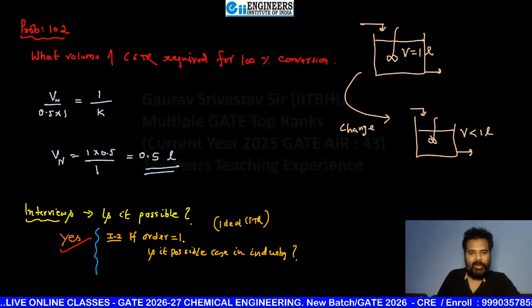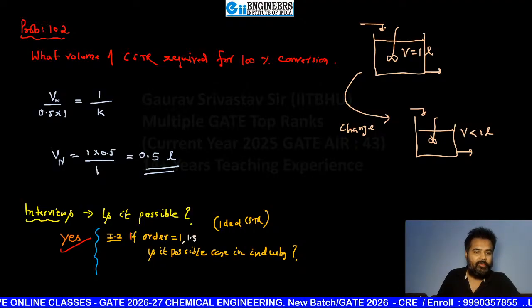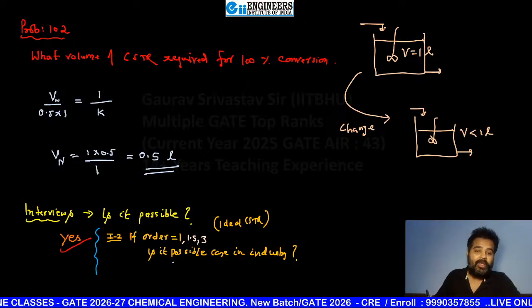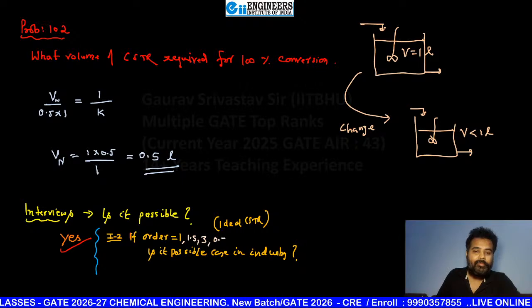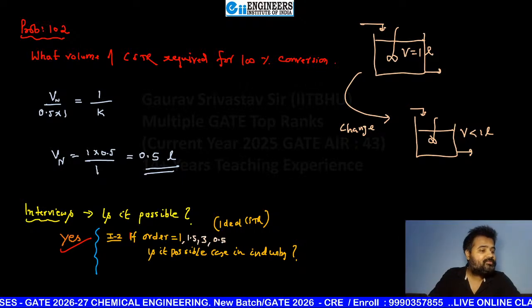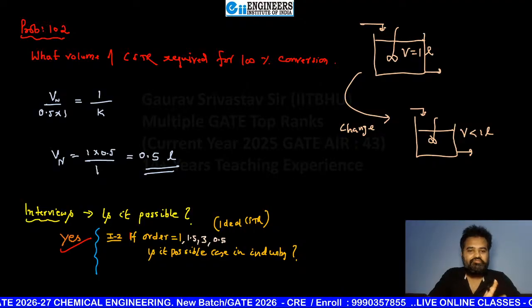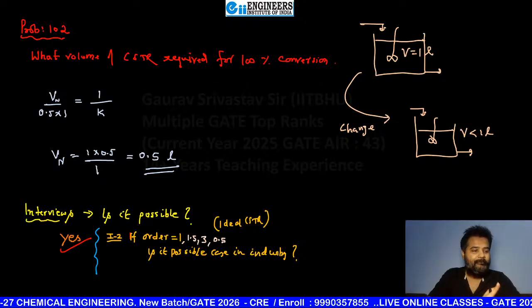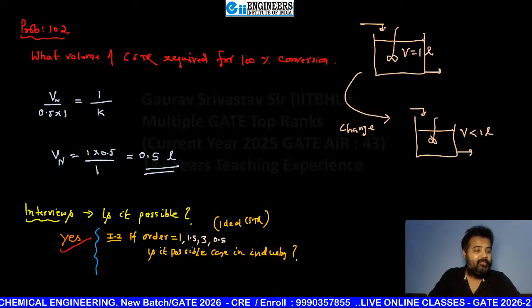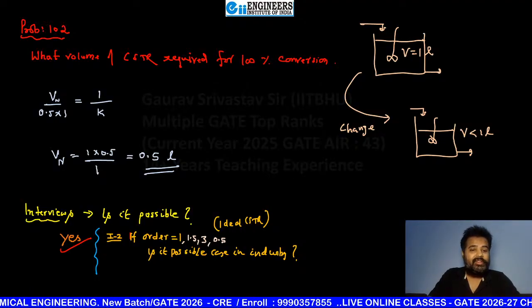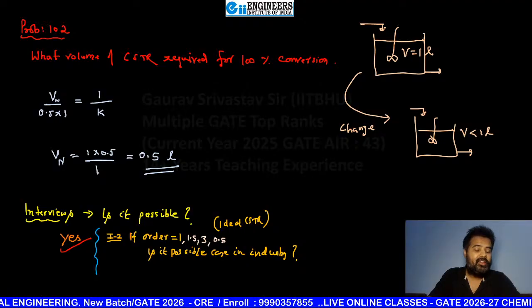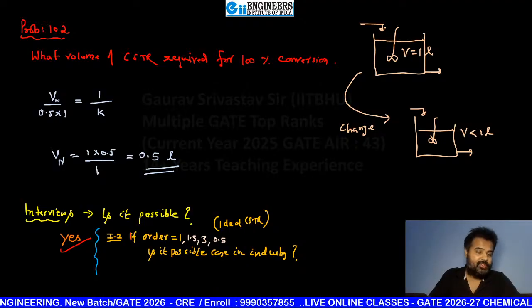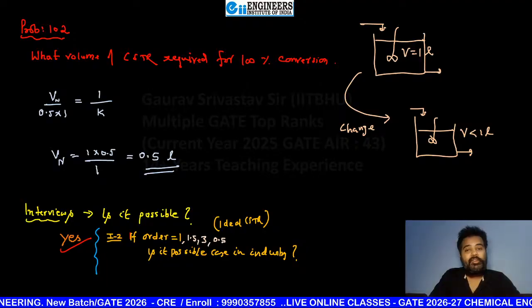Okay, I'm changing the order. 1.5. I'm changing the order to 3. Now, tell me. I'm changing the order to 0.5. Now, tell me. Yeah, beta, Priya. Very good. Conversion also increases. But I am asking here, if the order is first, then 100% conversion you are going to